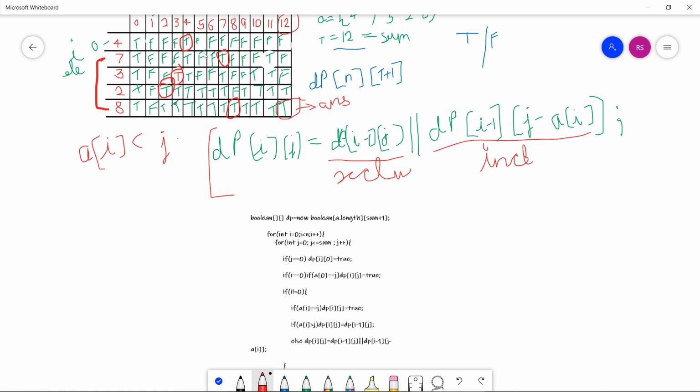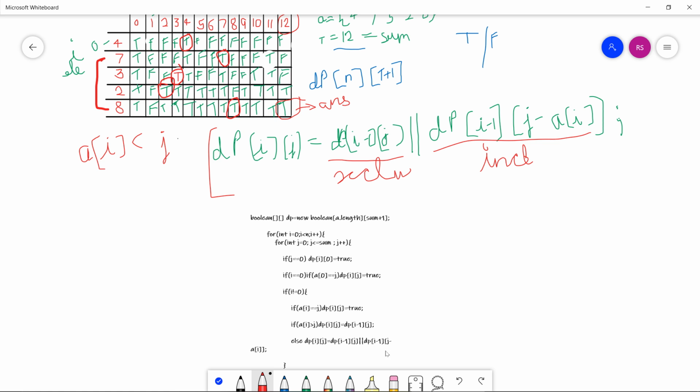If j is less than ai, this part, the upper cell data always comes, which stores the previous cell data.